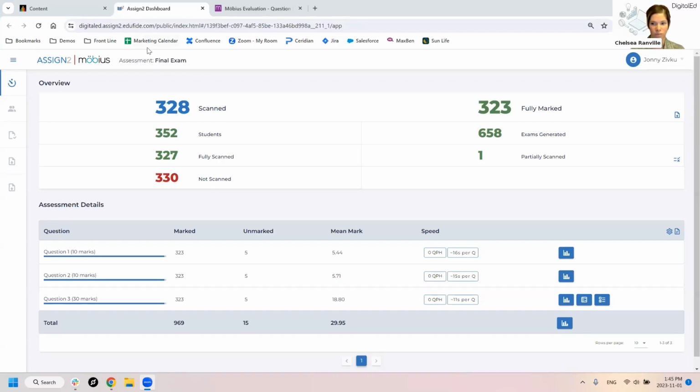So I have Möbius grading open on my screen, and like Chelsea mentioned, I'll spend a few minutes showcasing how you provide feedback to students, and then some of the analytics and data that are available to you as a marker or teacher of a course. So right now, this is Möbius grading. I'm going to go to what's called the